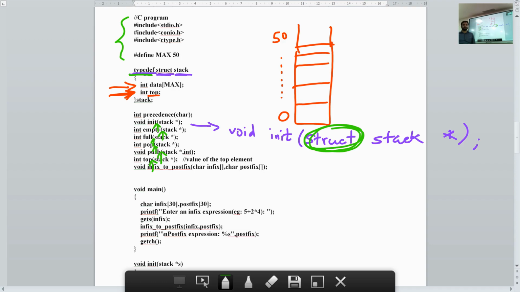Otherwise, in all these places I would have to use the keyword struct. Also when I define variables, I need not use this keyword struct. So that is the use of typedef. I hope you understood. These are just basics, so you should be knowing it.